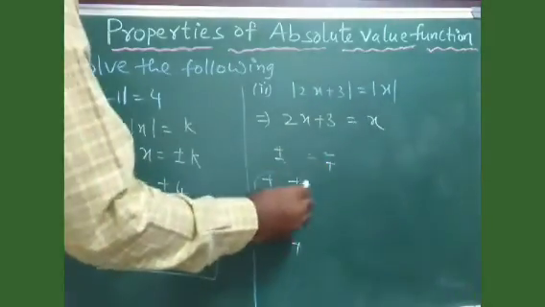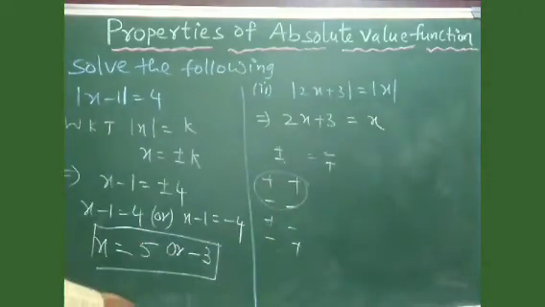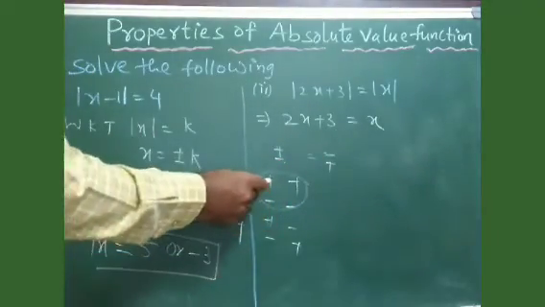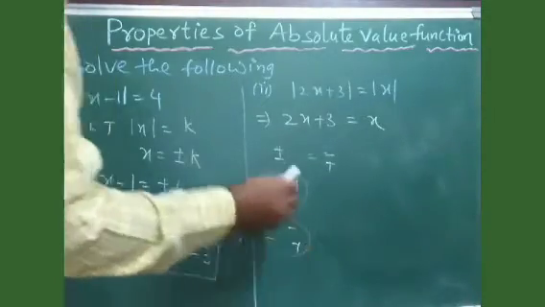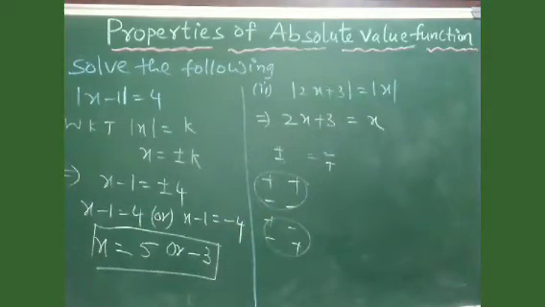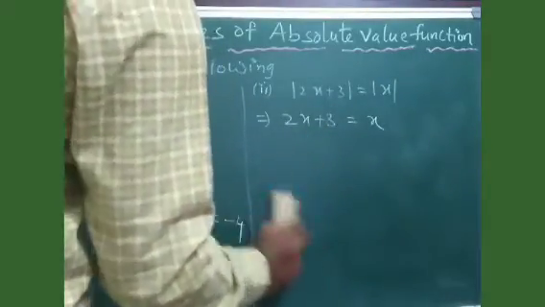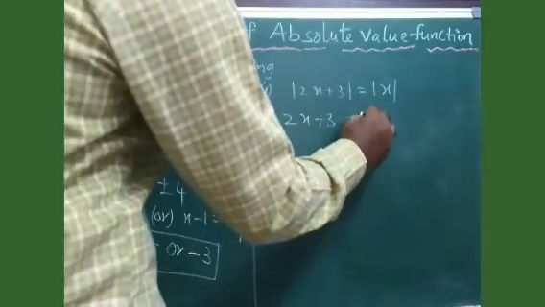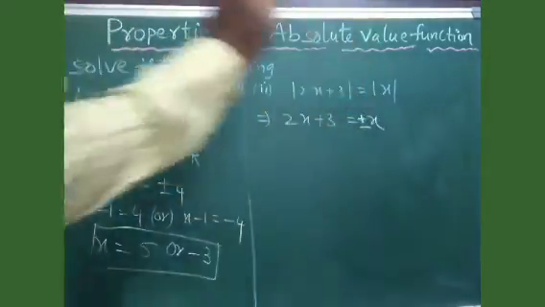Now finally these two come under one category only. Both come under one category. So even minus of is equal to minus of, then minus minus gets cancelled, which is equal to plus is equal to plus. Similarly these two also come under one category only. Okay, so that's why what we do is, even though there is modulus on both sides, when you take out the modulus, you need to take plus or minus on only one side.